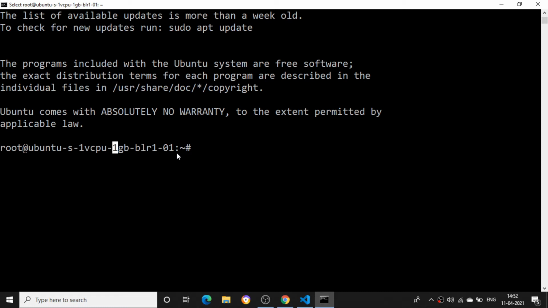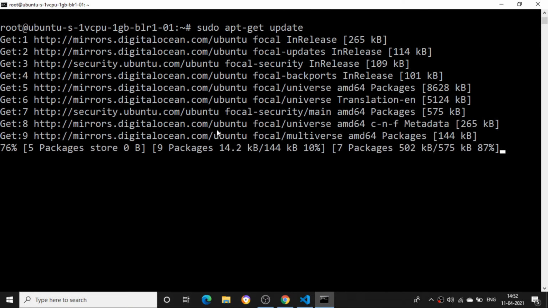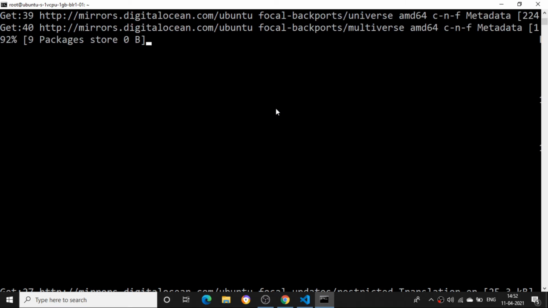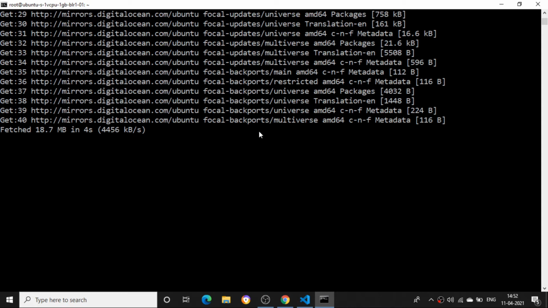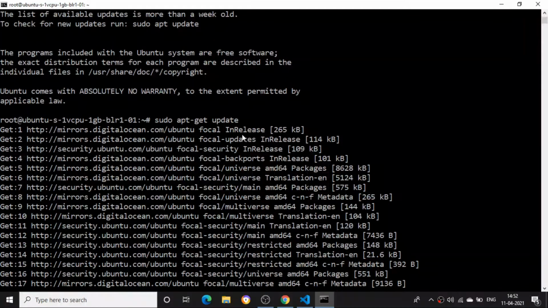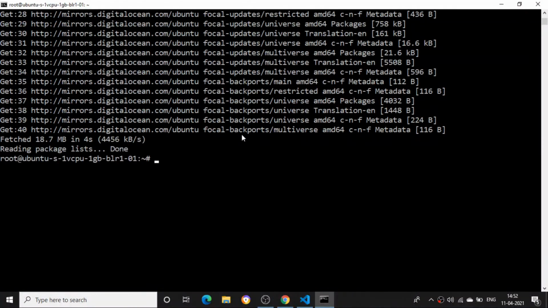Here we need to run some commands. First I'll enter the command sudo apt-get update. This is the first command I'll be entering. You can see it is getting activated here, and all the packages are getting updated. It takes a little bit of time. Once all the packages have been updated,